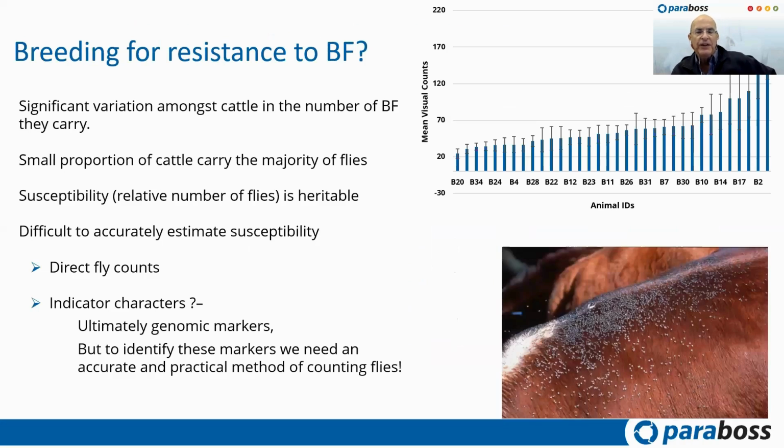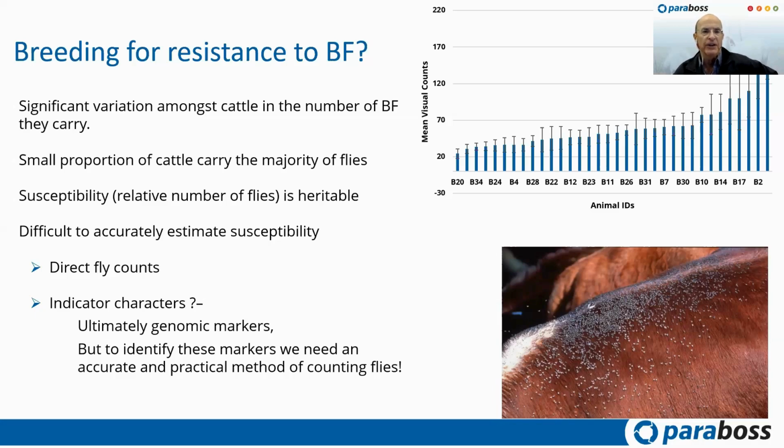So firstly, resistance to flies themselves. Now, most of the economic effect that we get from buffalo flies is due to the buffalo flies, that irritation that I showed you, and the removal of blood and reduction in weight gains. As I said before, lesions per se don't have a lot of economic effect, because we can trim them off